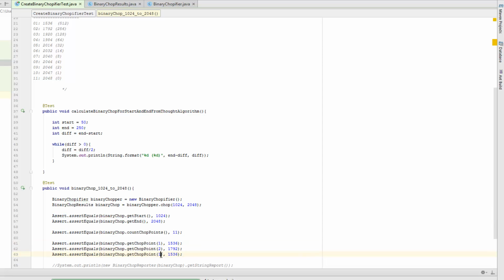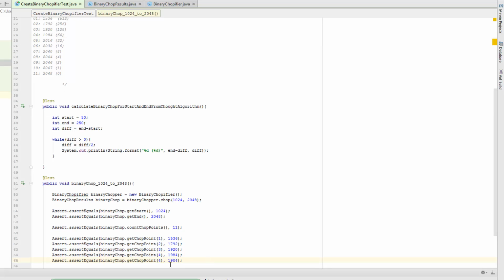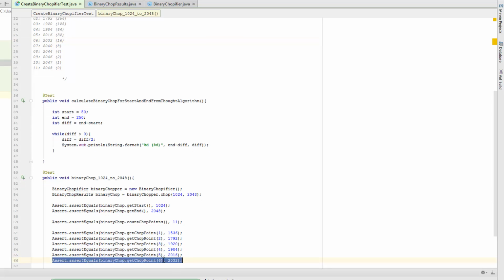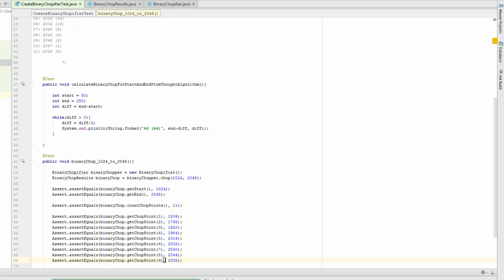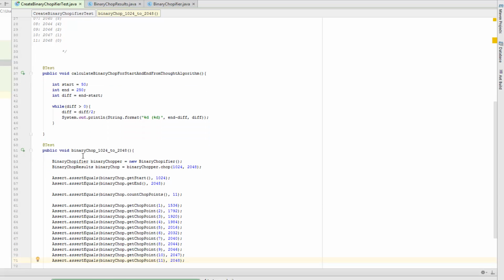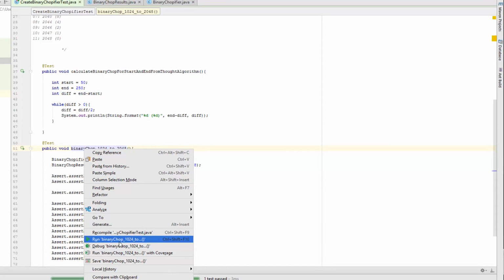It's not going to be a very elegant test, but it's going to get the job done. And we'll make some more elegant tests later on. So if I run that,